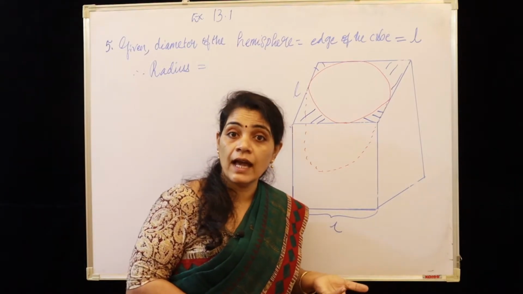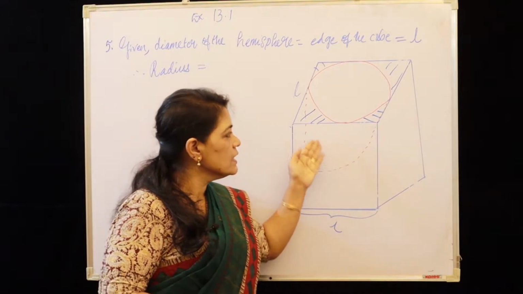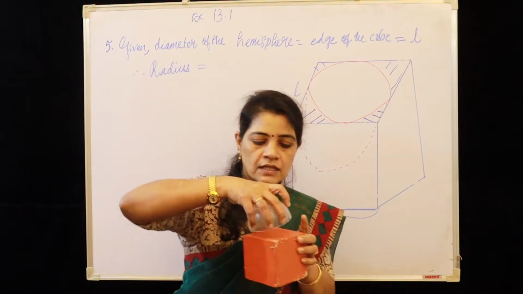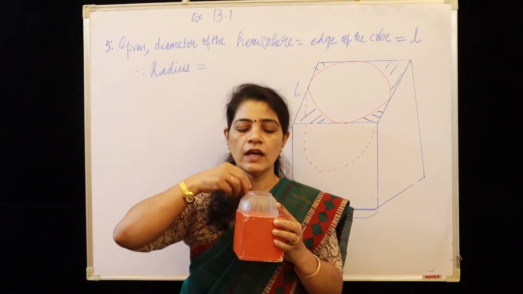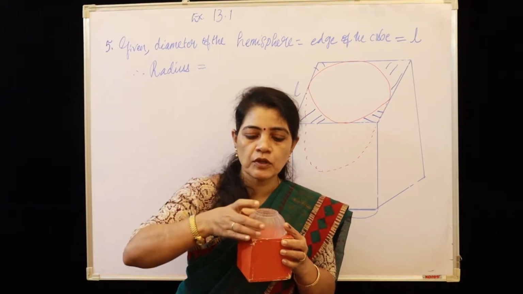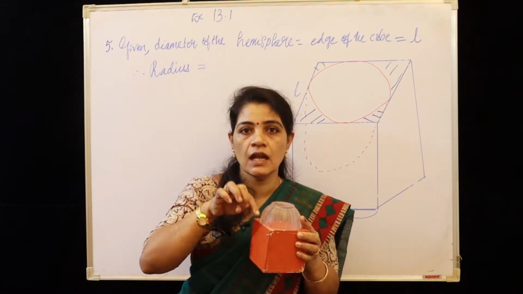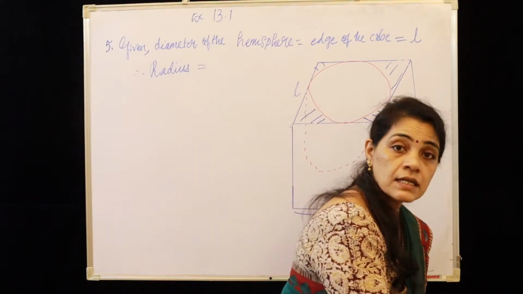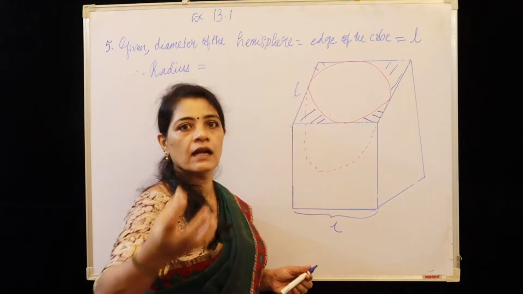But what happens after that? This hemispherical depression, this curved shape, unlike the last problem where we kept this hemisphere over the topmost face, which was a projection outside, this is a depression inside. So this curved surface area should be added to 6a square minus pi r square. Why are we subtracting pi r square? Because this area has been taken out.